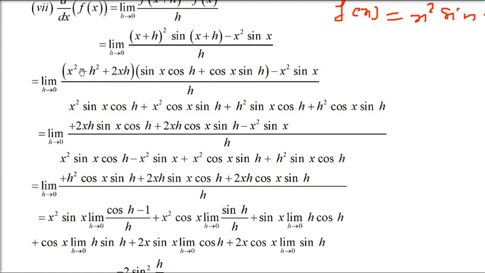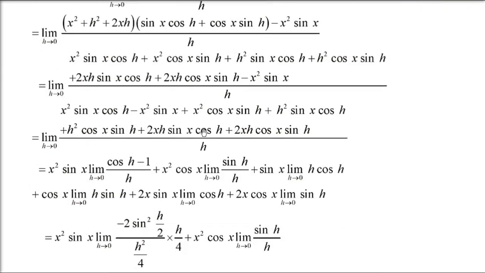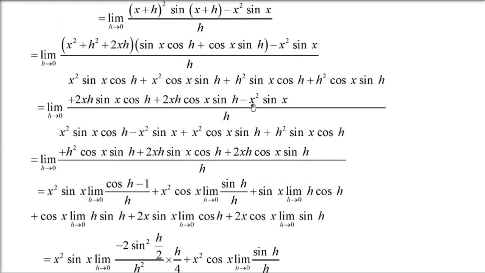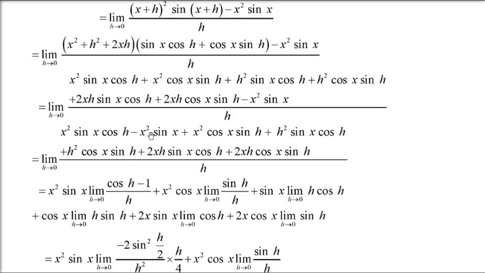Now multiply this. So each term you have to multiply. A long expression will become. Don't worry about that. So just open this. Most of the things we are going to handle. Now x square sin x cos h, this one, and you have x square sin x already. x square sin x cos h and x square sin x. Now you take common from here to here, these two, first and last term. Take x square sin x common. Okay. Now you get cos h minus 1 by h.